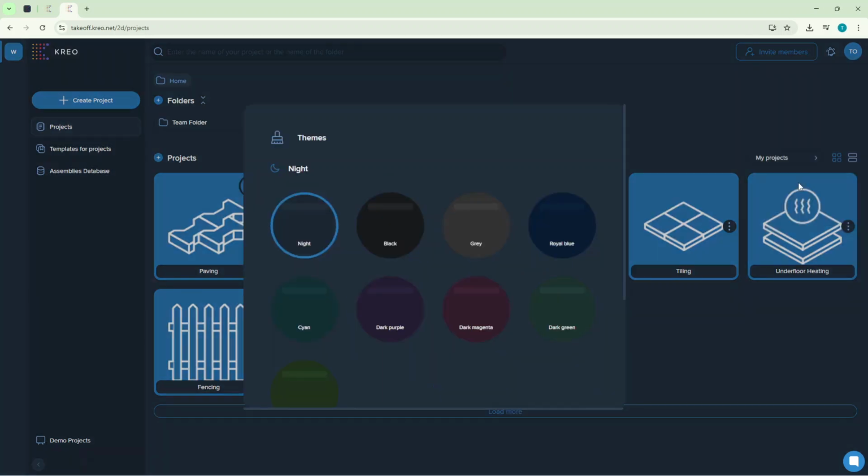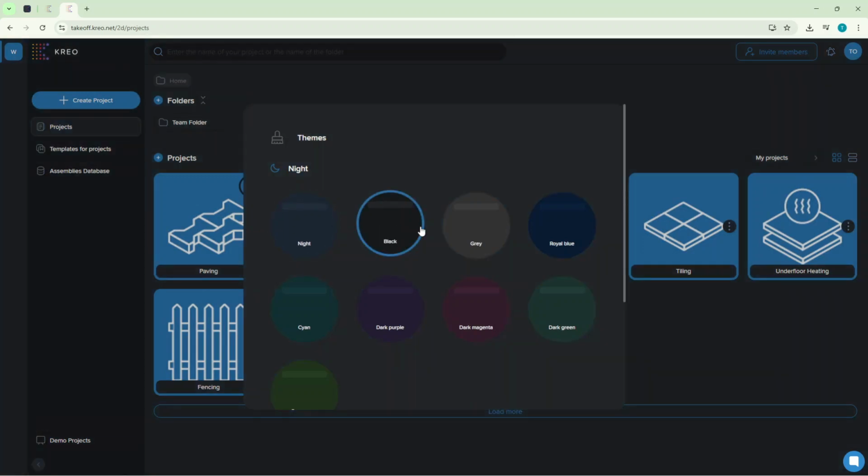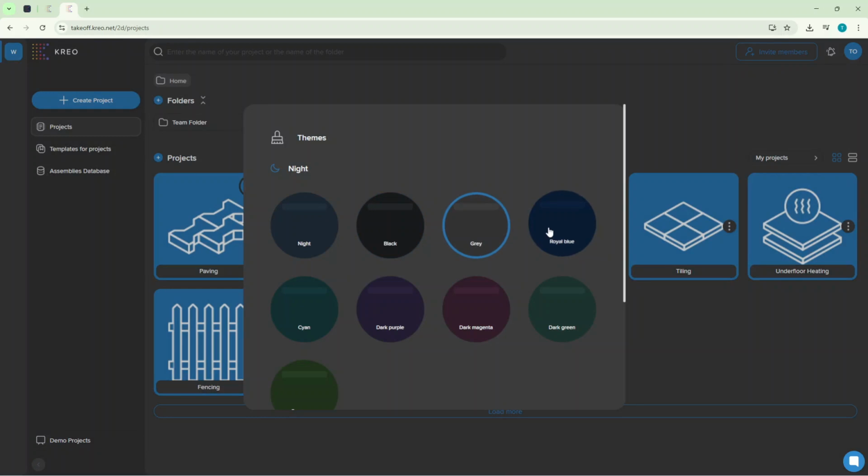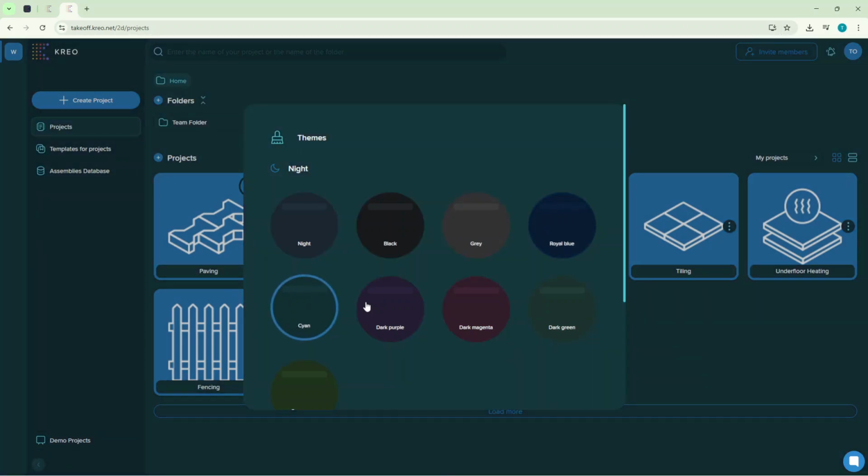In the Themes area, browse through the available designs and select the one you want. As soon as you click a theme, Kreo will automatically save and apply your choice, so there's no extra save button to find. You may notice the interface refresh for a moment as the new colors and styles take effect. That's normal. Take a second to scroll around and confirm that the theme matches your preferences across the dashboard and